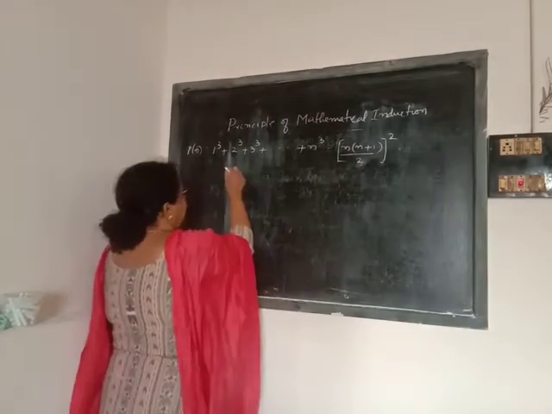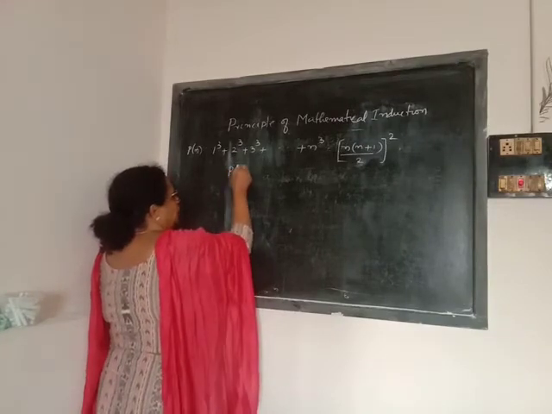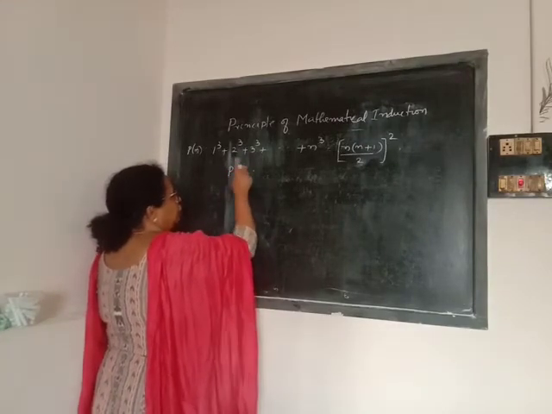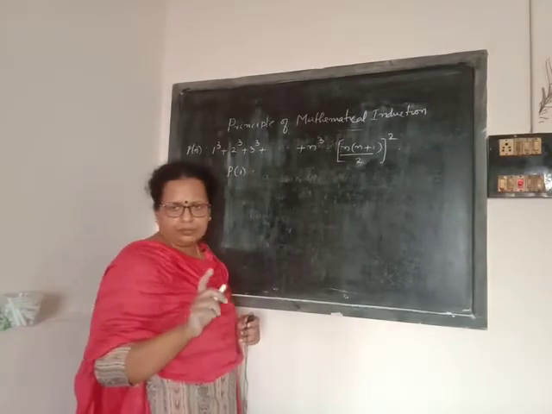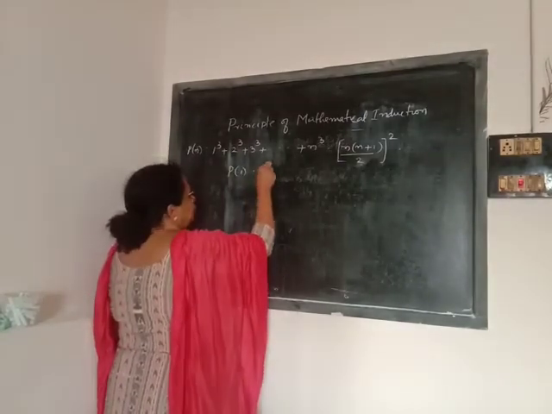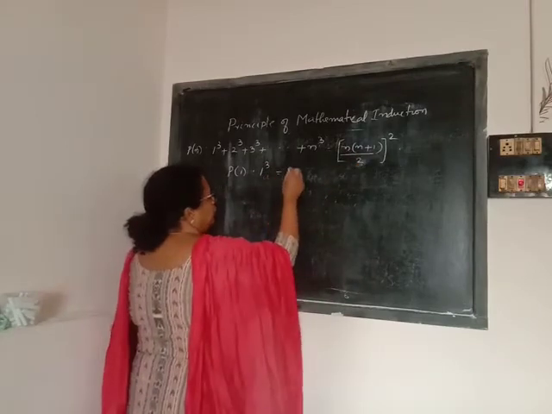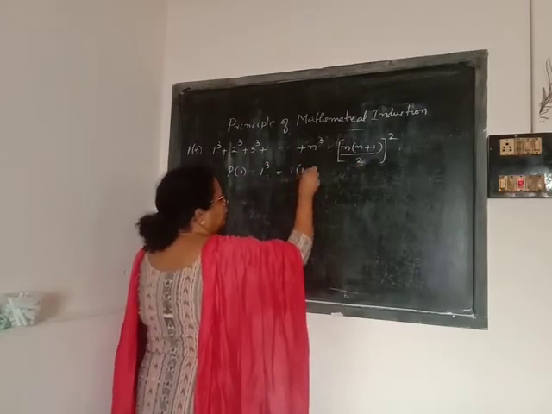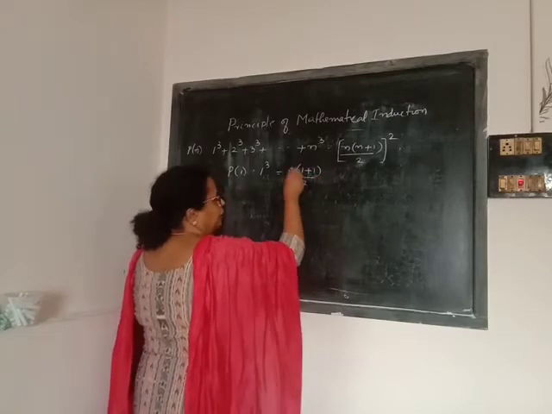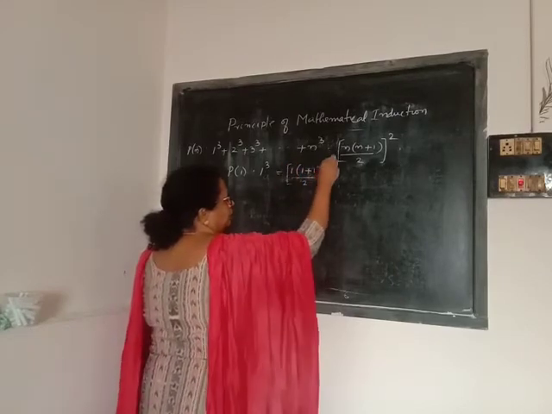So what is P of 1? We have to prove P of 1. That is the first step. What is P of 1? And let us only take one term. So what is it? 1 cube. RHS we have to take what? n1. So substitute n equal to 1. 1 into 1 plus 1 by 2 whole squared.